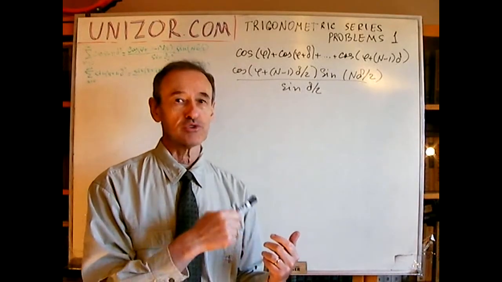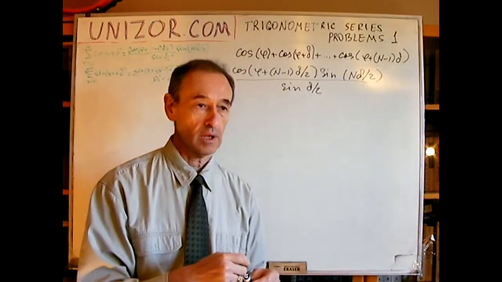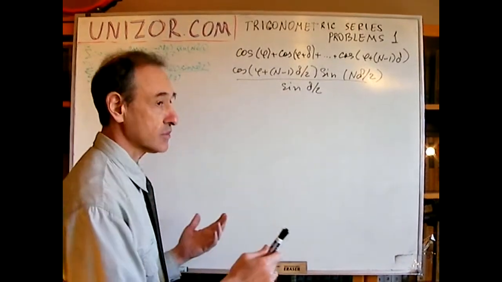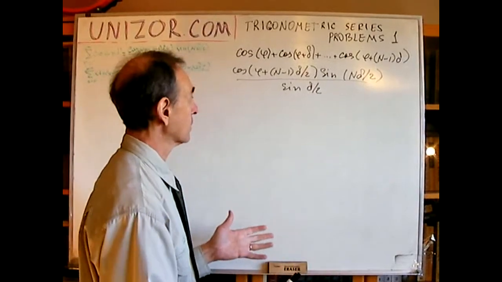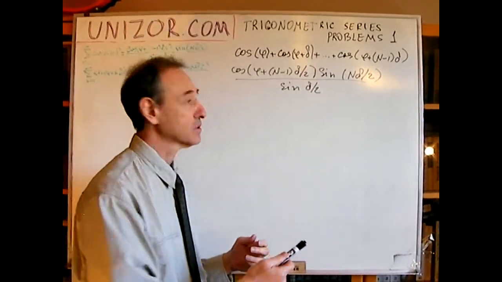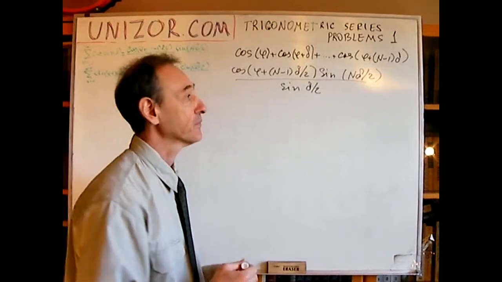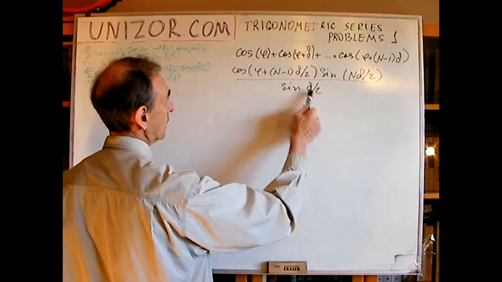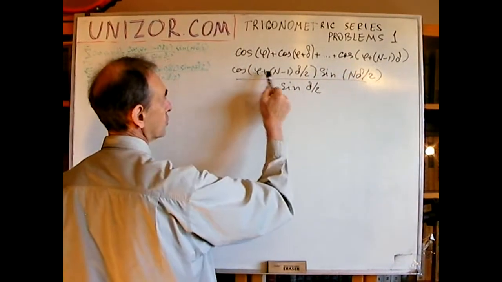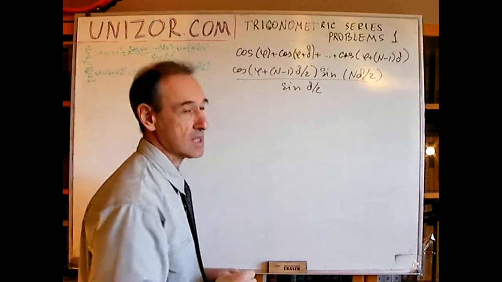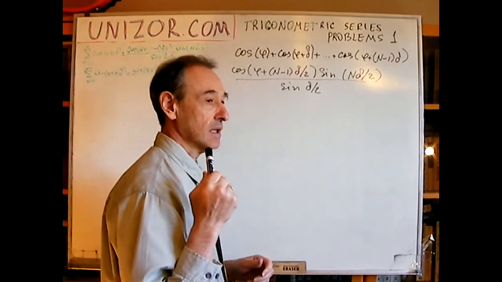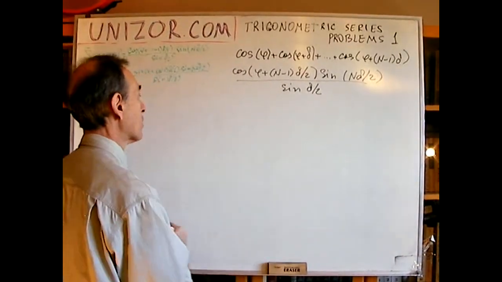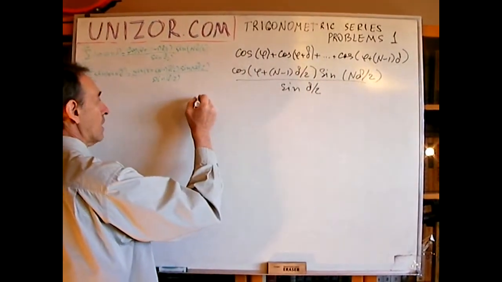I still like the approach related to complex numbers and geometrical progression better, which is in the previous lecture. However, it's interesting that it can be derived differently, and the idea about how it can be derived comes from this particular formula. What does it mean? It means that the sine of delta over 2 times this should be equal to this product of cosine and sine. And I also remember, and again, that was addressed in the previous lecture, something like if you have